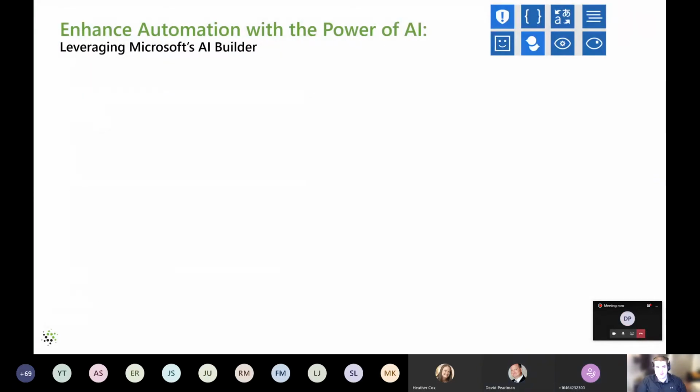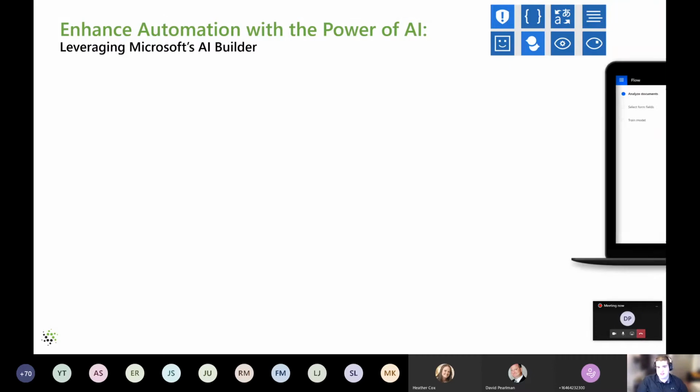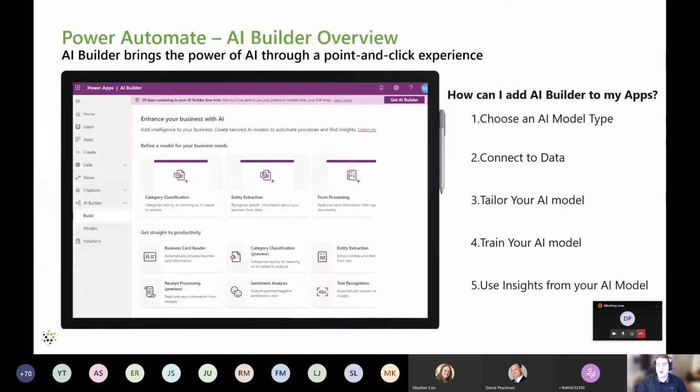Before that, it was just little overview slides. I'll also send out this presentation after. But really, what we got to is right here, understanding how you actually incorporate AI Builder to your flows or